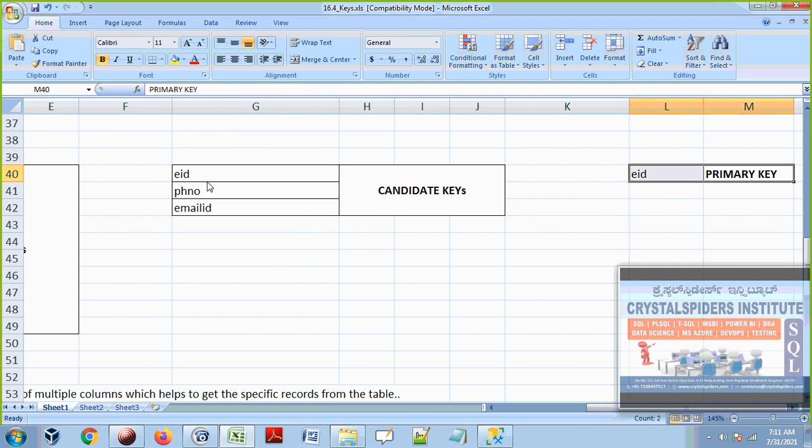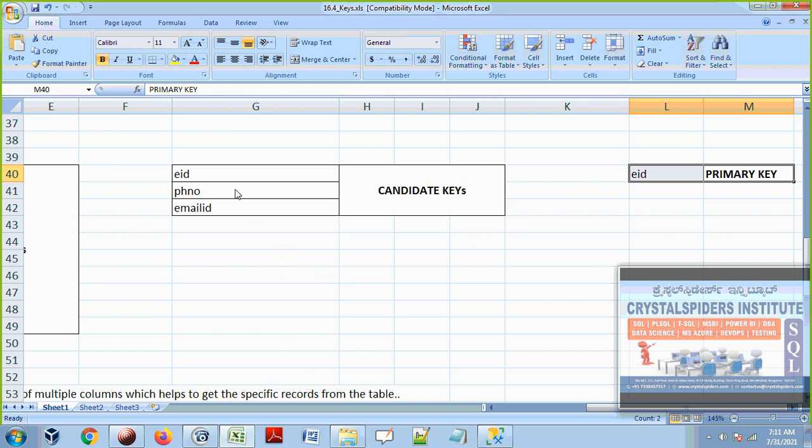Why did you select only employee ID, sir? The main reason is that employee ID stores integer values. That is one reason. Among these three columns, which column is storing integers, guys? Employee ID. Because when we do search operations with numbers, the performance will be much faster compared to character-based values. So that's why we finally selected employee ID as the primary key. But that is not the only reason, guys.